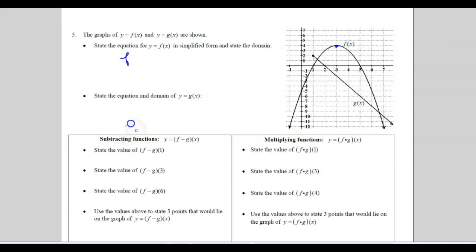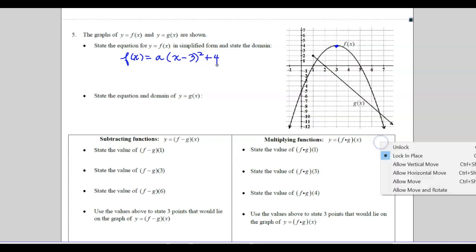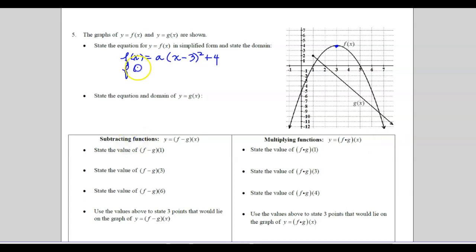So f of x will equal a times (x - 3) squared plus 4. And then my a value, you can find by inspection. 1 unit over is 1 down. So that's going to be -1, which we only just show as a negative. Okay, now expand those out. So while you're expanding, you just got to make the